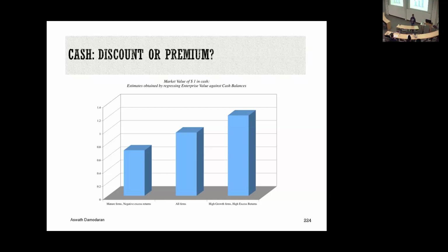This is very simple advice. Give the cash back. You know what? I'll fight you every step of the way. Why? Because I want to hold the cash and convince you that I've changed my ways. So management sees the discount, but it doesn't want to take the obvious route.